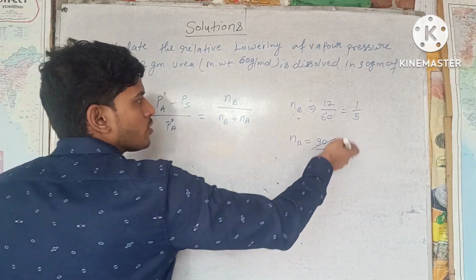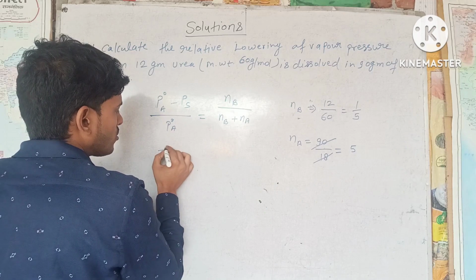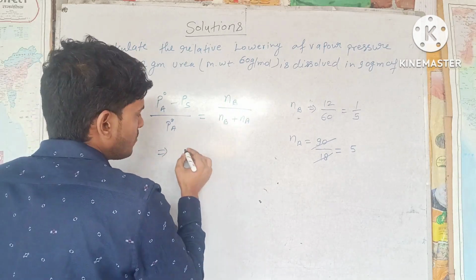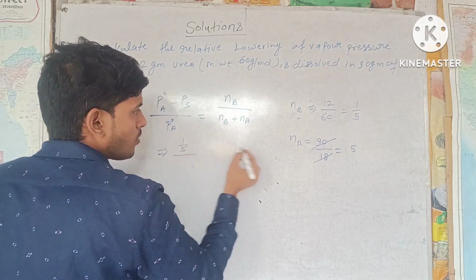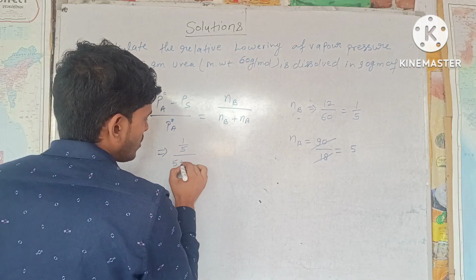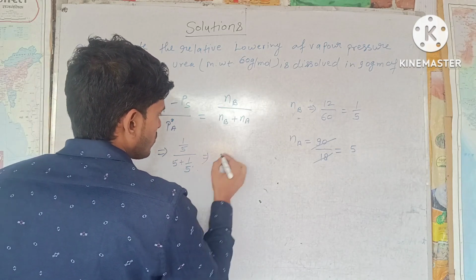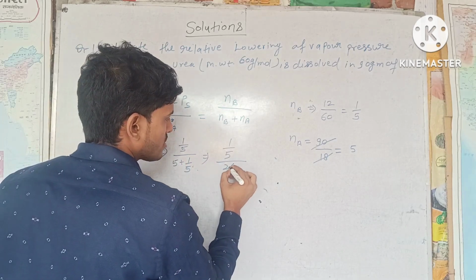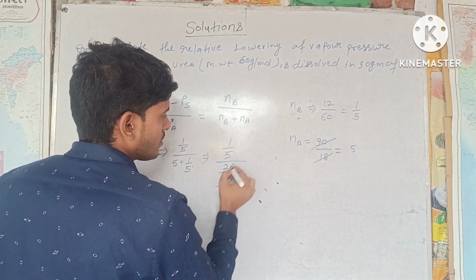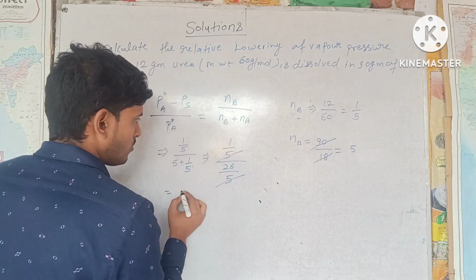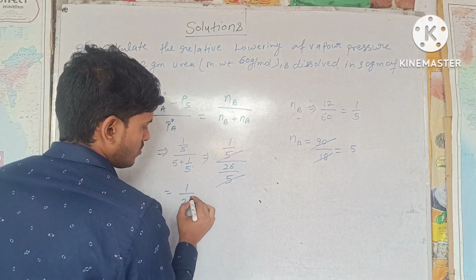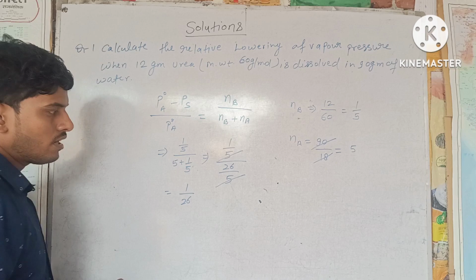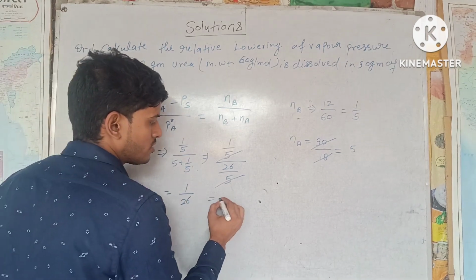So by putting these values in this formula, we get 1 by 5 upon 5 plus 1 by 5. So 5 times 5 is 25 plus 1 is 26, divided by 5. And after solving this we are going to get 1 by 26, and after solving this we are going to get